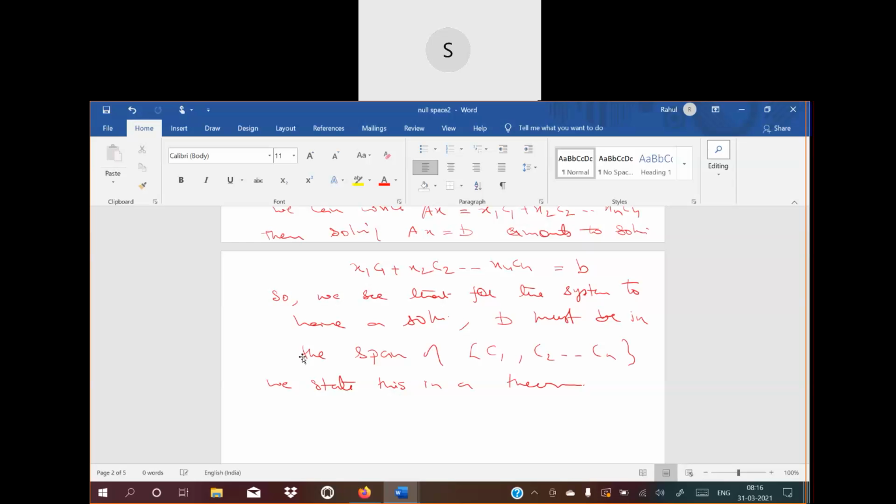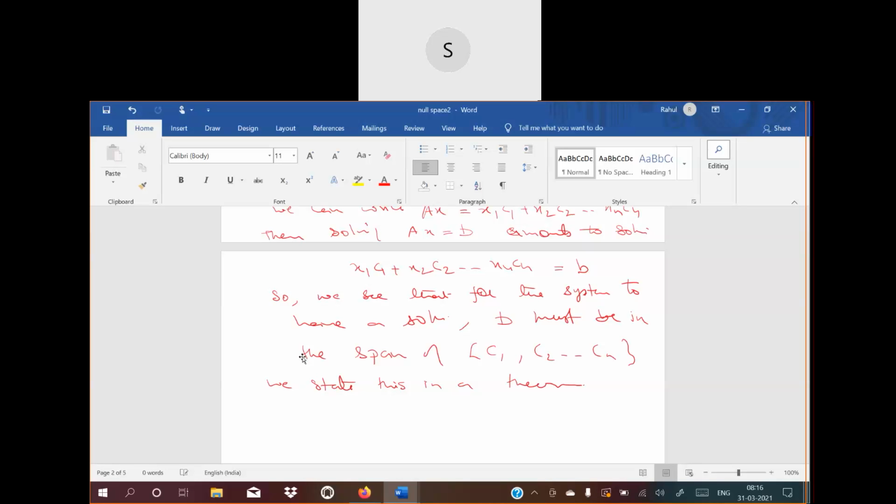Its span means we know that every span is a subspace, and span is actually the linear combination. So if I'm saying that the columns span, then their linear combination should be there, and because we are on Ax, the linear combination becomes x1 c1 plus x2 c2 and so on. Since it's the equation Ax equal to B, therefore x1 c1 plus x2 c2 and so on should be equal to B. What does that mean? It means that B is in the span of c1, c2, up to cn, because that is the definition: if c1, c2, cn are spanning, then any other vector can be written as a linear combination. That comes from the definition.